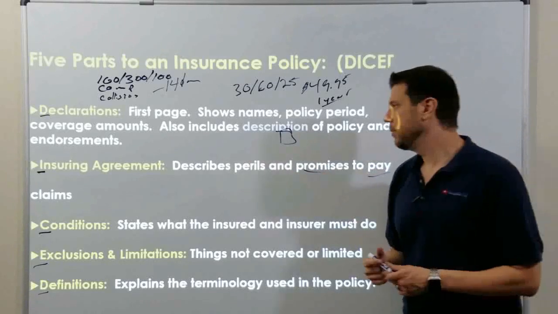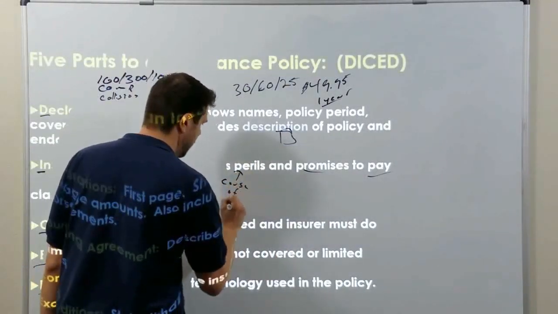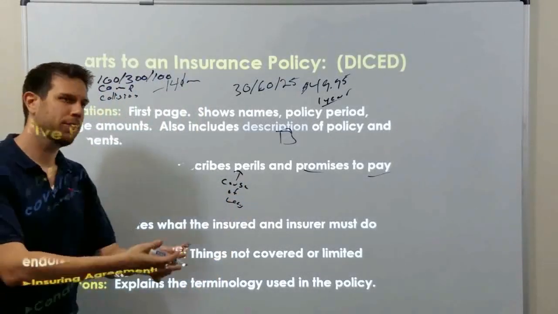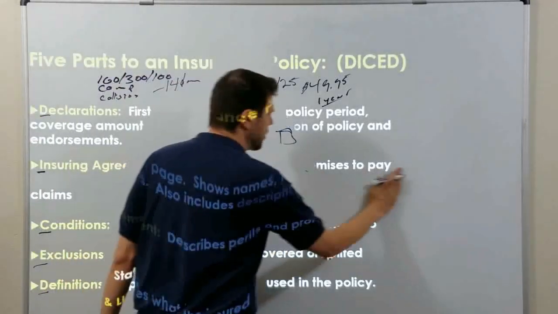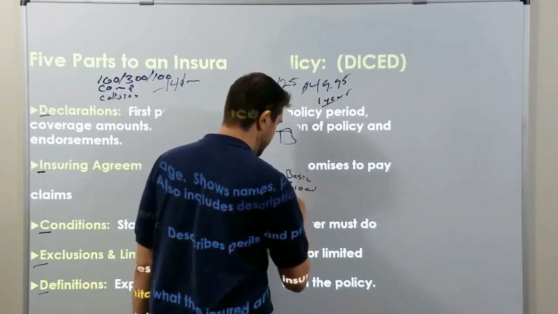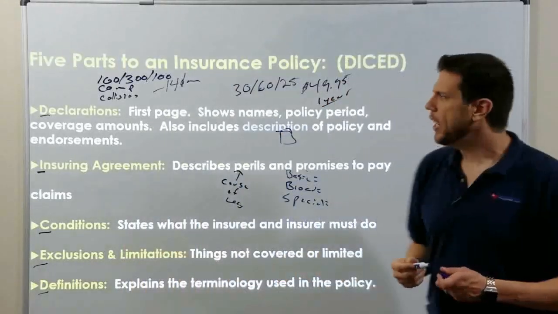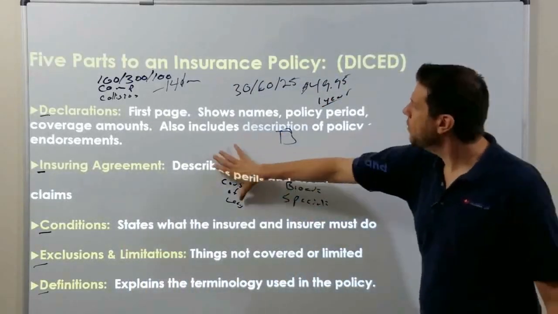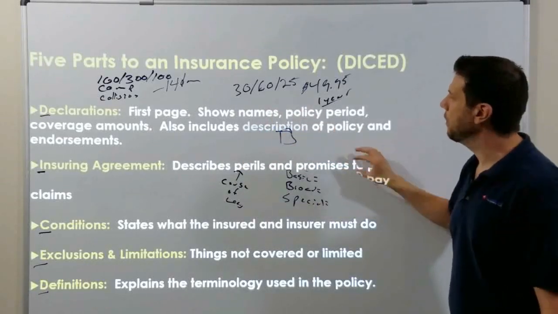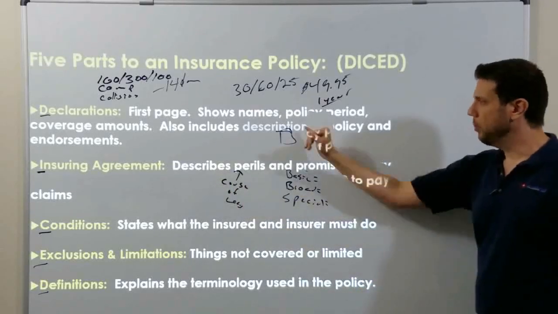So a peril is known as a cause of loss. And in insurance, we use 3 cause of loss forms. There's basic, broad, and special. The insuring agreement will tell you what perils your house is protected against and what the insurance company will pay when those perils occur. If you have a basic homeowner's policy,